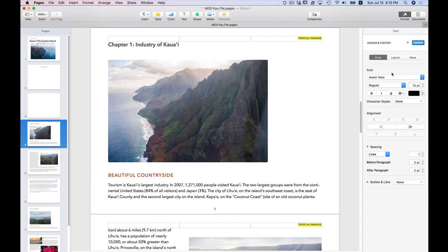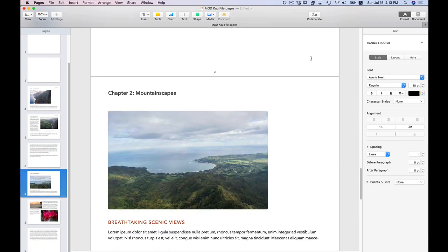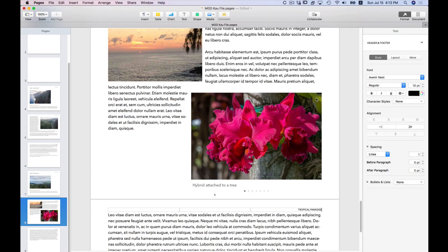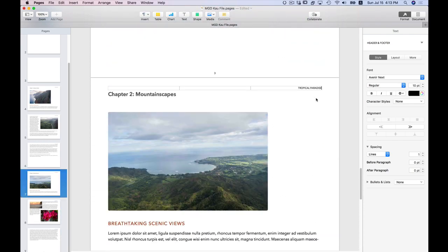Okay, all caps, and let's do an update. All right, so now the running header is changed everywhere. It is applied, except for chapter 2. So let's do a copy, and let's go here, and let's paste that in one time, and it is now on the other pages. All right, so